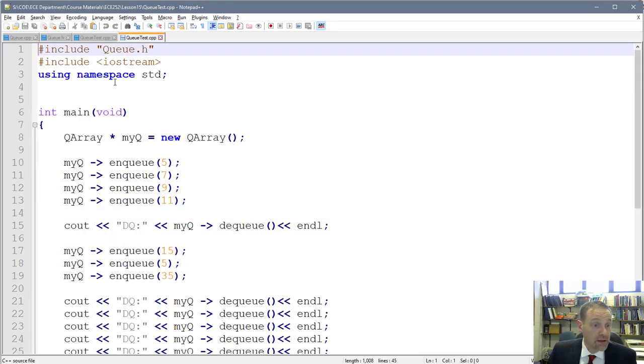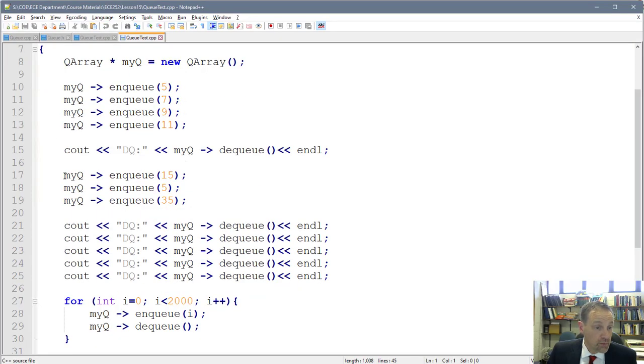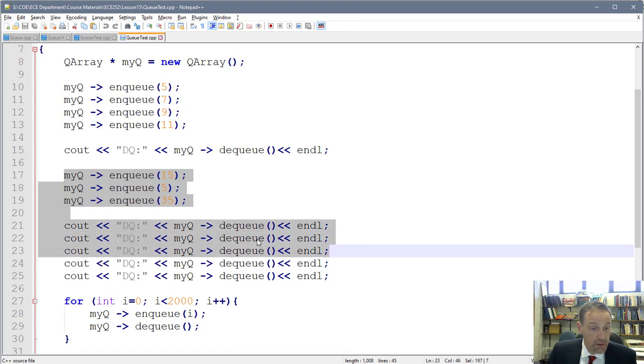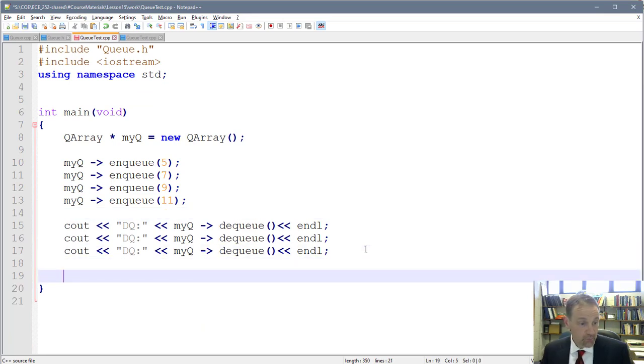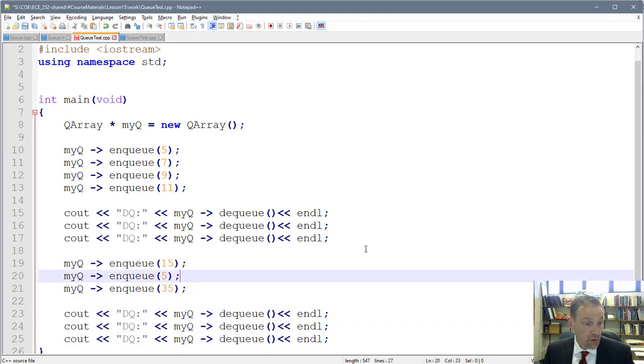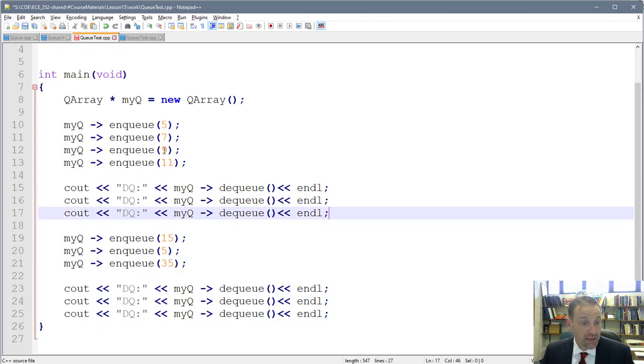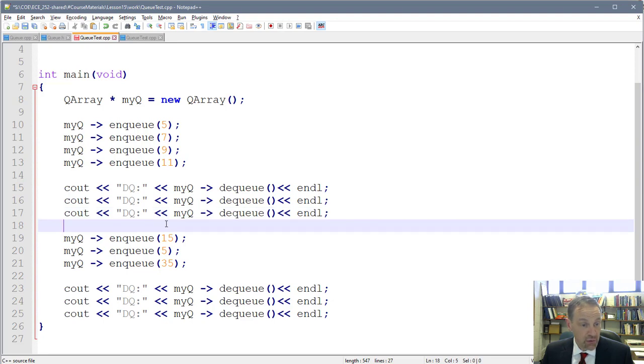Okay, so why don't we try adding some more things in. I've got my other qtest here. So I'm going to copy in some more lines, and so we need to put some more things in. If we would ever hit a point where I do 2 more DQs, we should get a -1 because the array is empty. So the 5, 7, 9, and 11, the 5s come out, the 7, the 9. We've only got 11 in the queue at this point. So we're going to put in a 15, we're going to put in a 5, we're going to put in a 35,